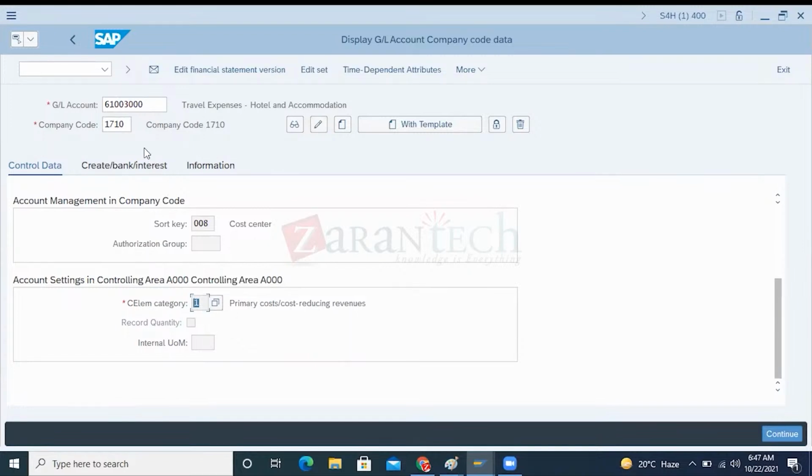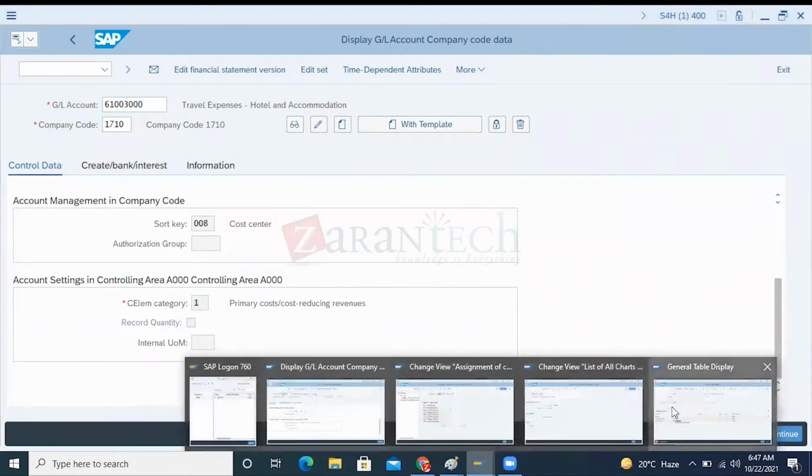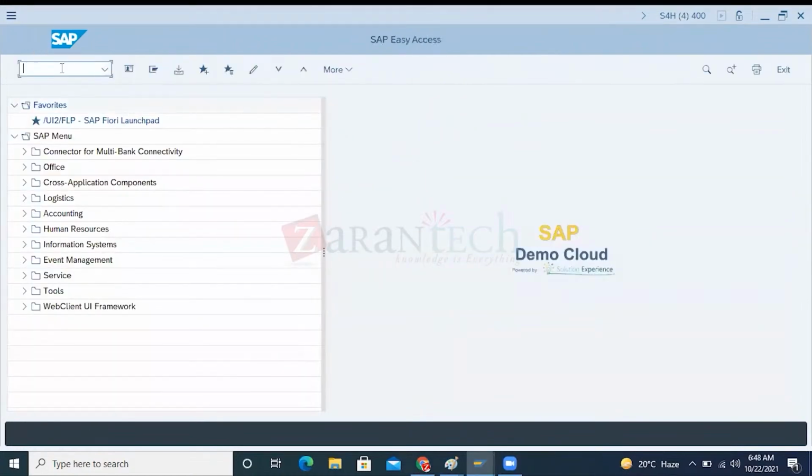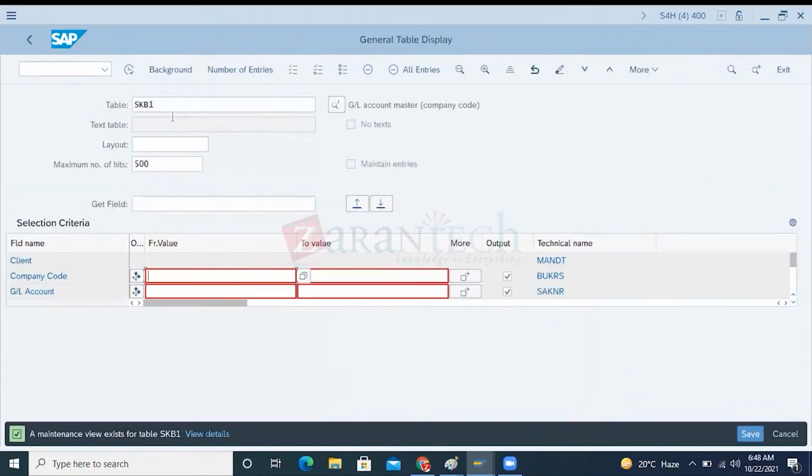So now the same GL account, if I want to refer to it in the table, SKB1. I told you, okay, SKB1. So SE16M, SKB1. I'm giving the same GL account here. And I'm giving company code 1710. Now you can see I'm giving the company code, not the chart of accounts, because SKB1 is the table. If I click on execute,